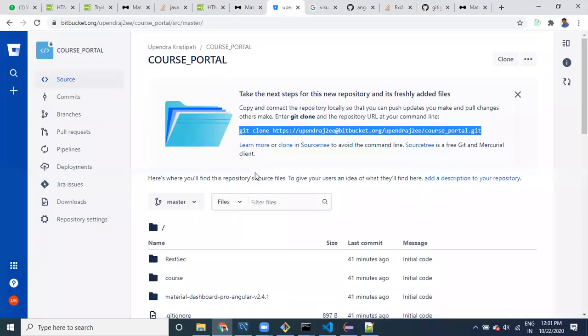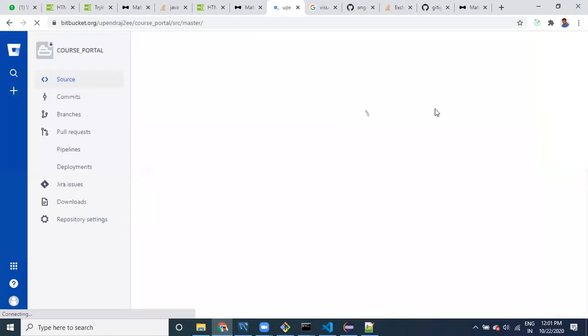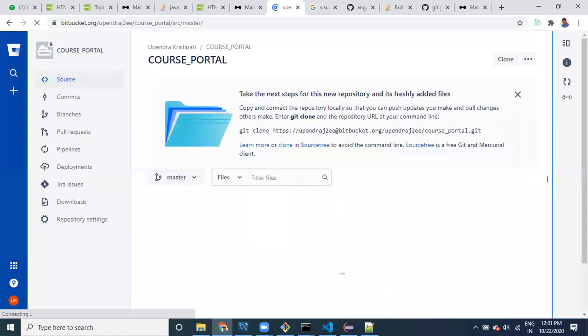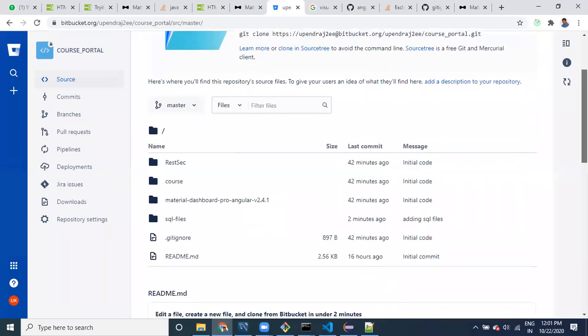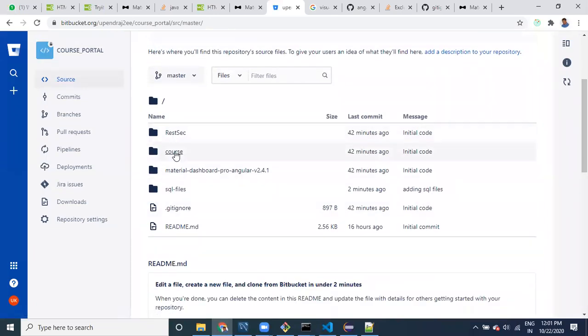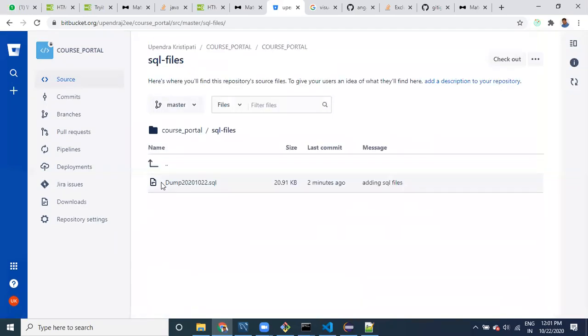If I refresh this particular codes page, you can see the SQL file. Within the SQL file, this file is also available. So if you clone it, the first time all these files are going to be available for you. Okay, that's good.